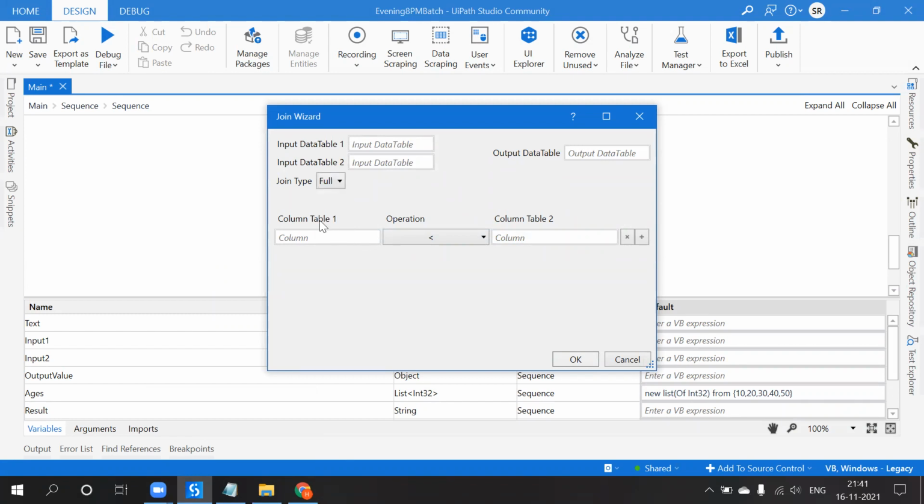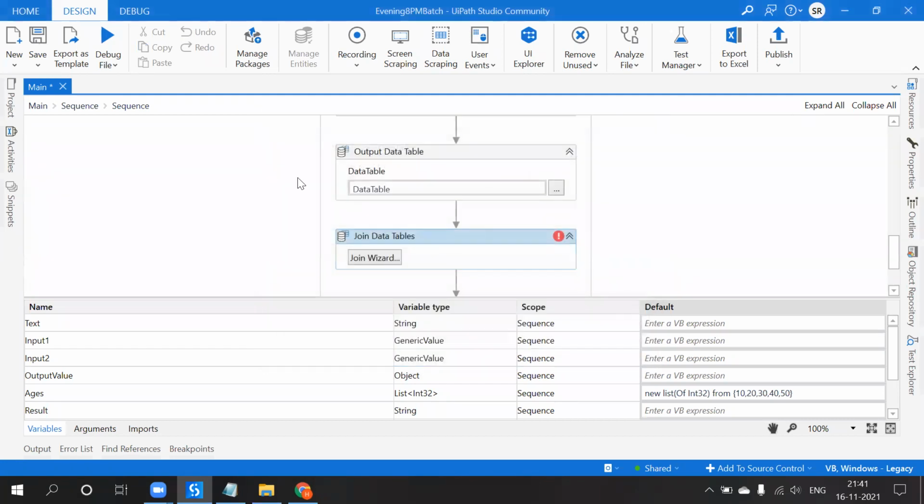If you want to specify any condition, there will be a condition in the first table: what is the column you would like to match, and in the second table what condition needs to be applied, the second table's column name. See, the column name should be